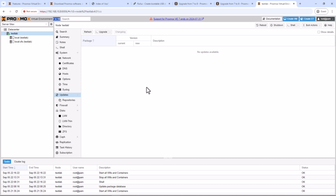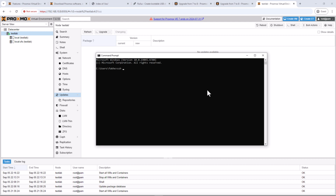Alright, we are now ready to run the version 8 upgrade. It can be done either by using the console or through SSH connection. I'll use SSH, but it's highly recommended to always have a console access in case something goes wrong and server becomes inaccessible over the network. In my case, I do have console access as a backup option. So open command prompt and type ssh space root at IP address of your server